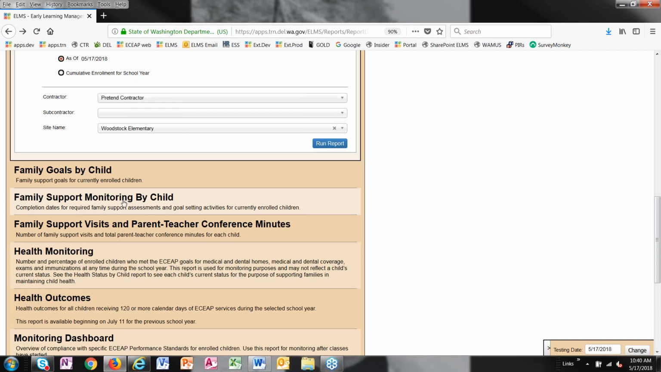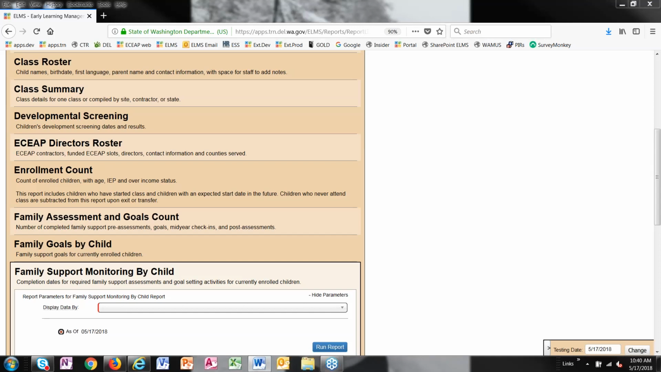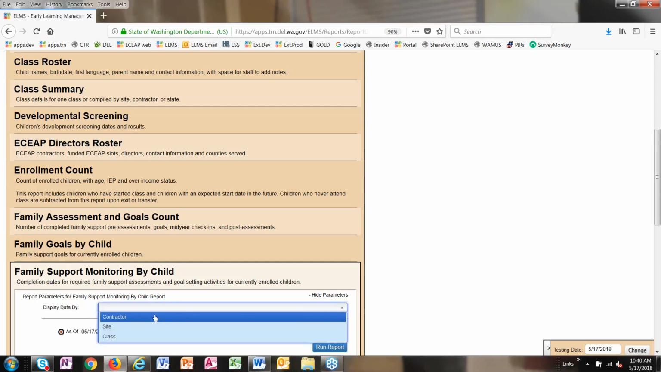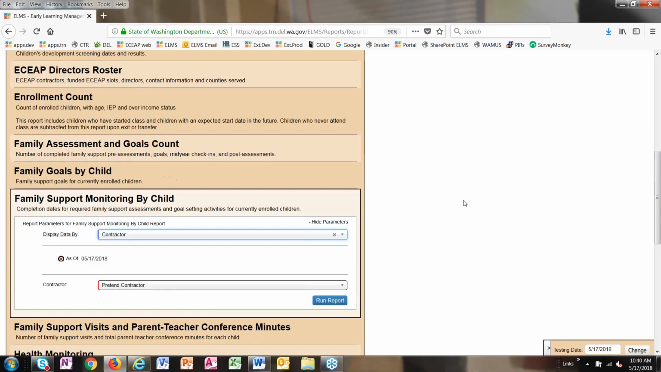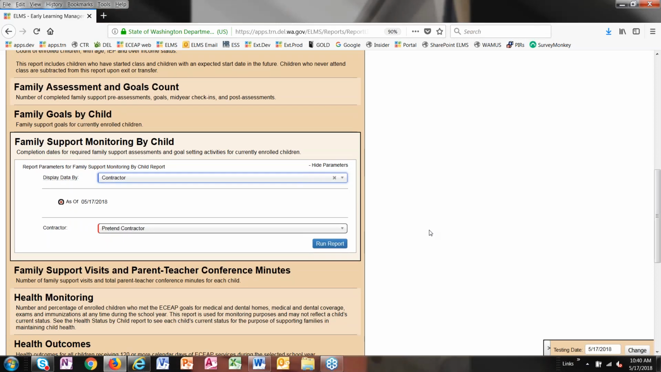Okay, the Family Support Monitoring by Child is the final report I want to show you today. I'm going to open it at the contractor level, but you could open it at the site or class level. This report only shows children who are currently enrolled. So you don't select the school year, because it's only the children who are enrolled on the day that you're in ELMS looking for them. So I'm going to pick this up,